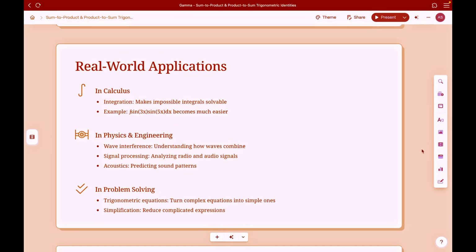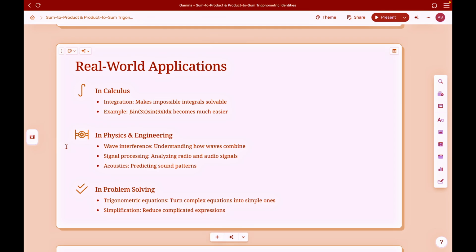And here are our real-world applications in calculus, and then in physics and engineering, and also in problem solving, basically in Olympiad questions for math, or just any general problem you're doing in math, maybe something you found on YouTube from YouTubers saying it was a very difficult question, and when they have the explanation, it turns out that it uses one of these trigonometric identities. So in calculus, integration especially, it makes impossible integrals solvable. Example, sine of 3x times sine of 5x dx becomes way easier with